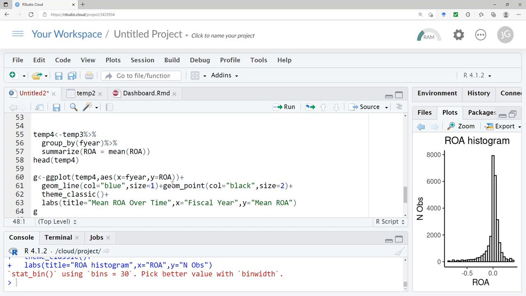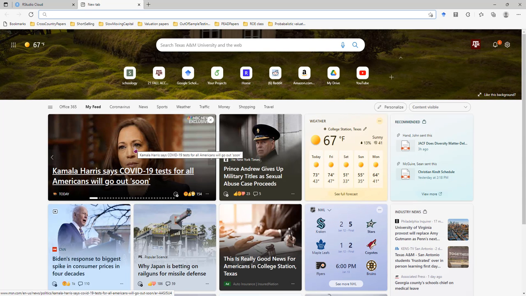Next, let's try something a little bit different, and this is going to show you a dplyr function that we can use as well, and we did some of this last time. But what I would like to do is look at the average ROA every year. That will give an XY plot rather than a histogram. And there are a lot of other things you can look up. So if you wanted to see what other options are available,